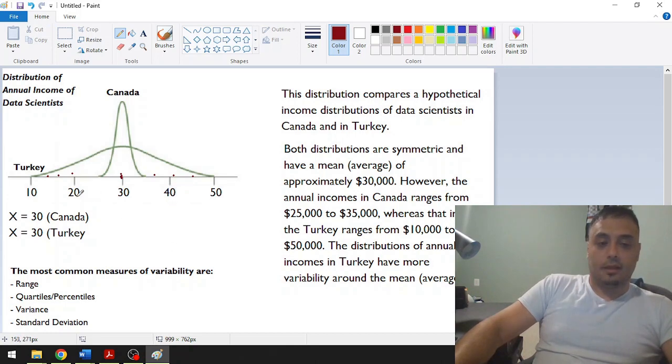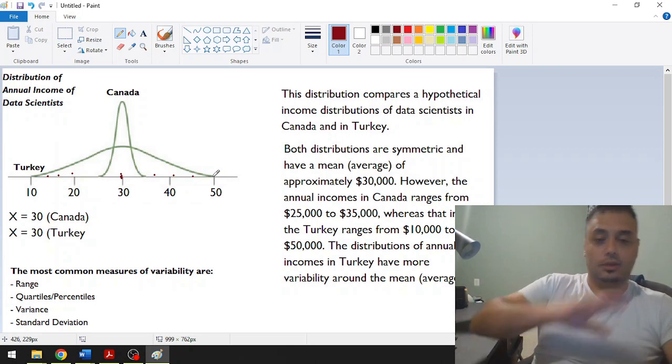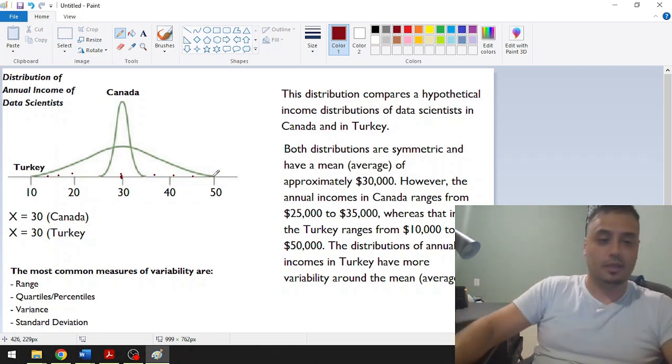These two shapes are histogram shapes, and it's good practice, before you produce statistical measures to designate the variability of a distribution, to plot your chart. One of the best ways is to plot a histogram. A histogram allows you to see how variable the data points are and where they're located, just like you can see in the case of Turkey and Canada.